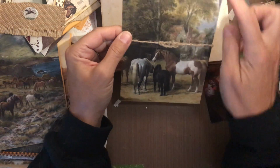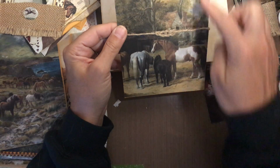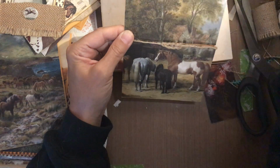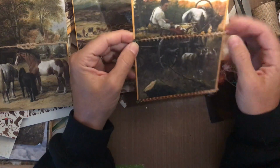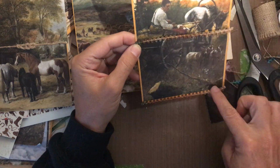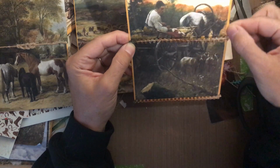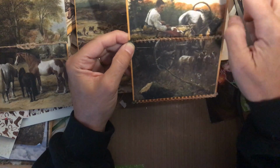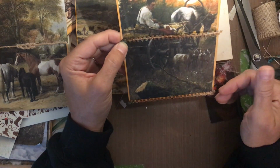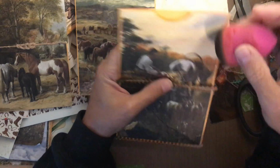And so this was the one that I made my prototype. And I will sew around the 3 edges of that. So there'll be a tuck, a pocket, and a tuck. And then these 2 are the other ones that I made. So this one is ready to be sewn. It'll be down here, here, and here. And that will also help with this little border because I'll make sure I catch either side of the image. So that border will be much less obvious. And I can also just, you know, ink it up a little bit